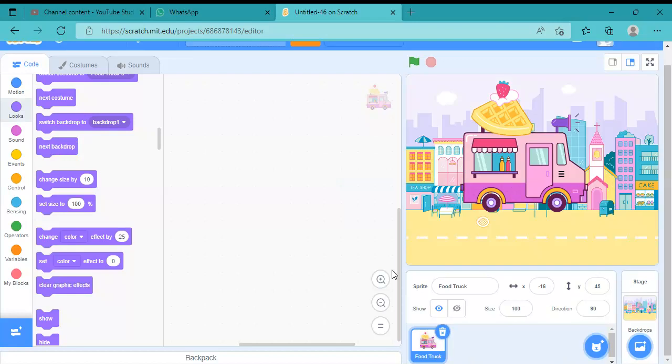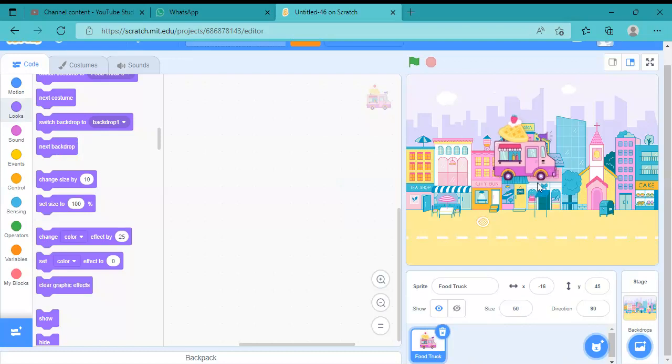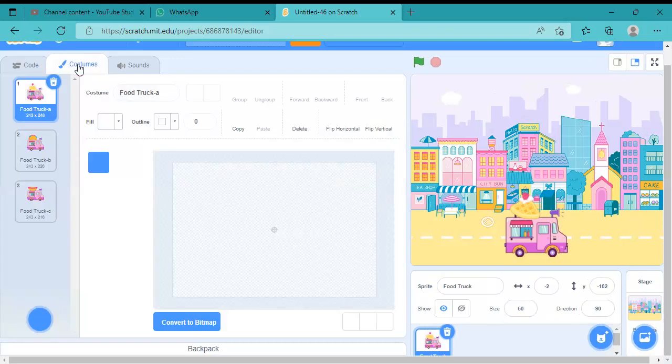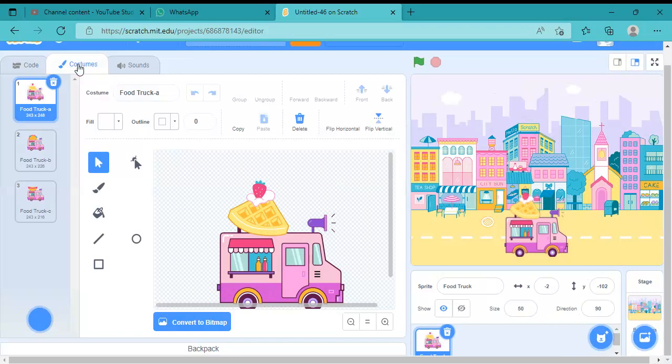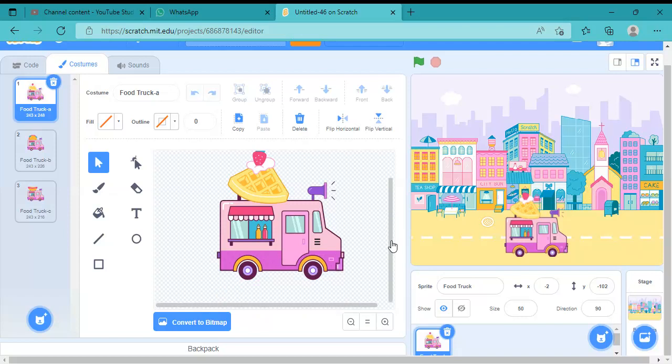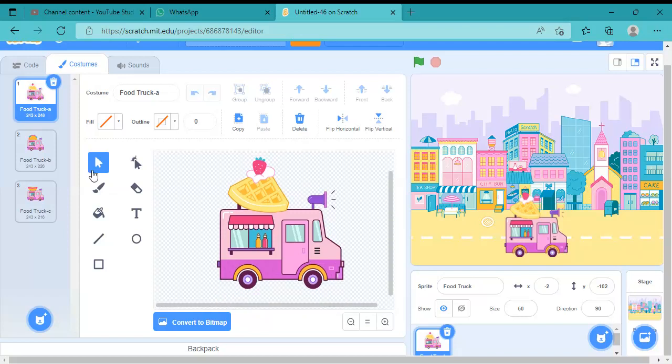So I'm going to make my truck smaller so that it fits, something like 50. Okay, now I'm going to place it in the center of the screen. Now I'm going to go to its costumes and I'm going to give it a pixelated look. But this time I'm going to use the second method for this. So convert to bitmap